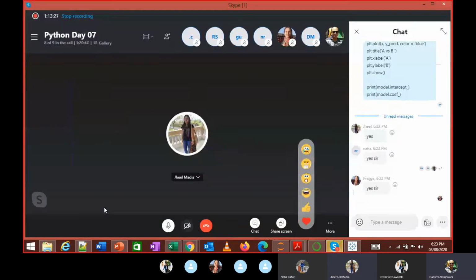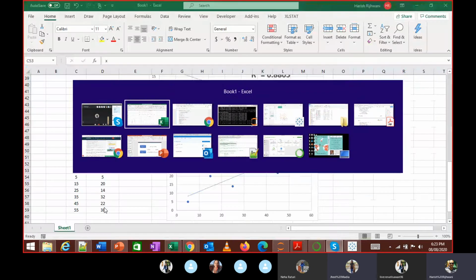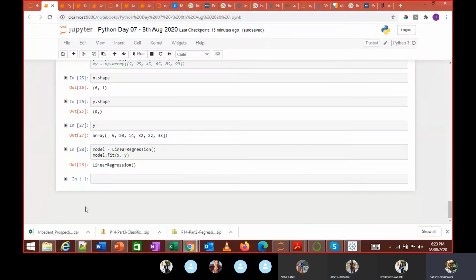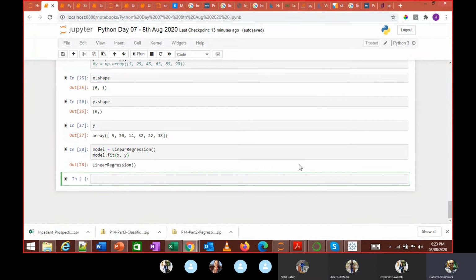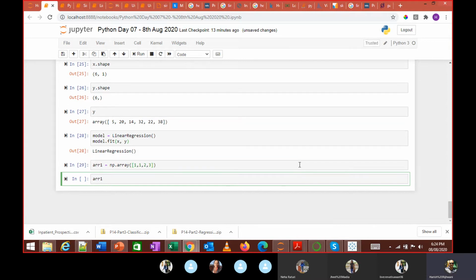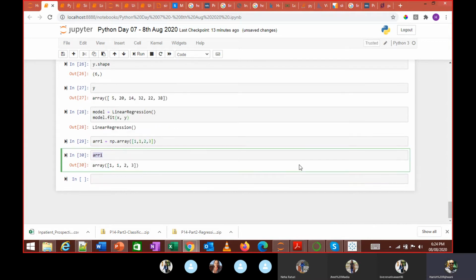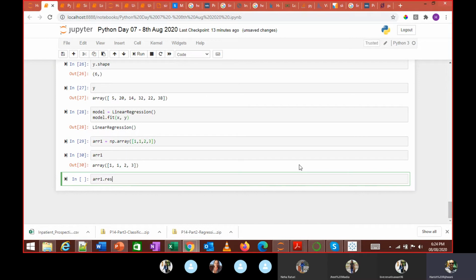So you were explaining reshape. Yes, so reshape. If I have an array, this is my array, and if I do array dot reshape, this 1 comma 1. That is what it is, right?